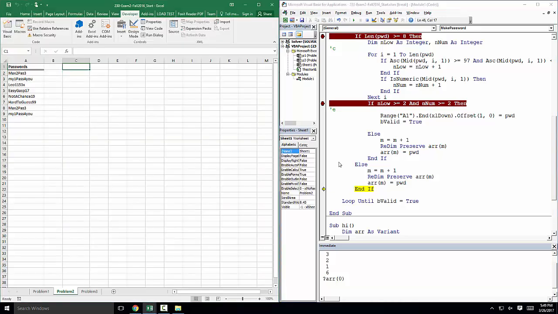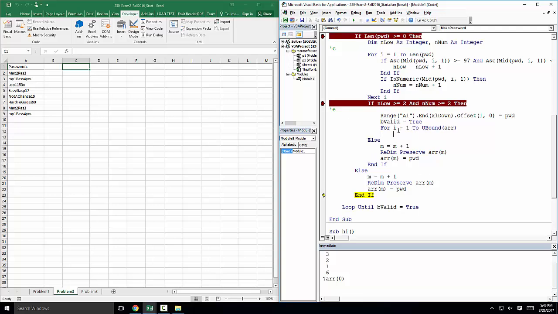So I think it just wants it in here. So how many times are we going to write something in there? Well, it's going to be the length of however many are in the array. So we'll say for i is 1 to UBound. You could use m in there since we know we're keeping track of that, but I'm going to use UBound so y'all can see it. For i is 1 to UBound, we're going to say Range C1, offset. First time we don't want to go anywhere, so we'll say i minus 1